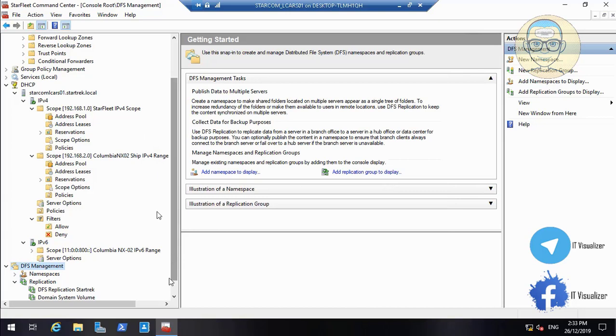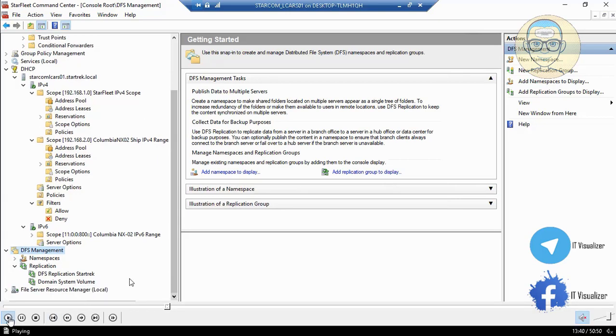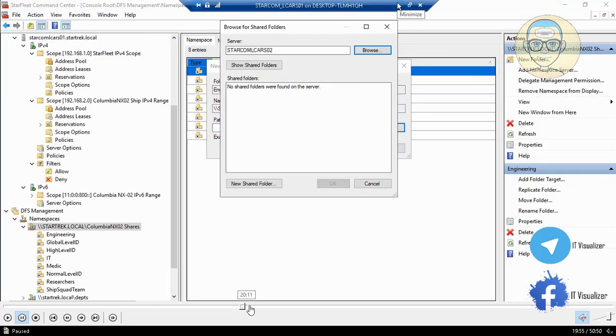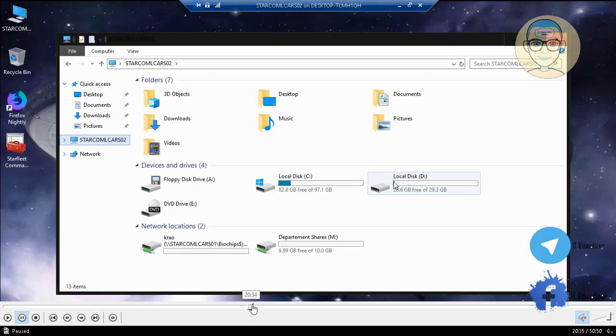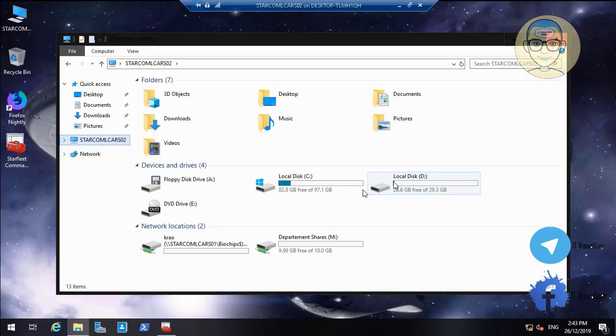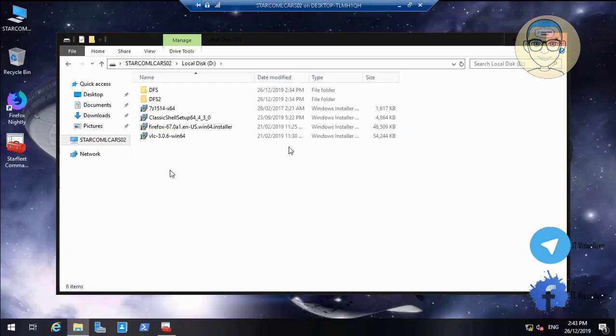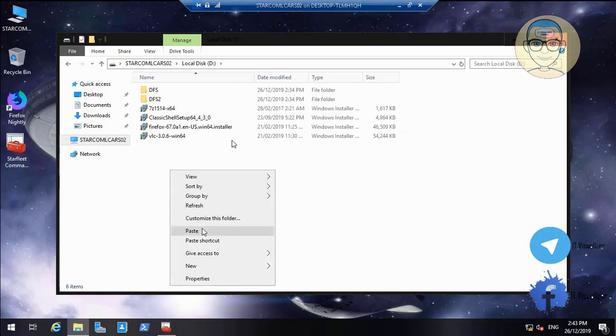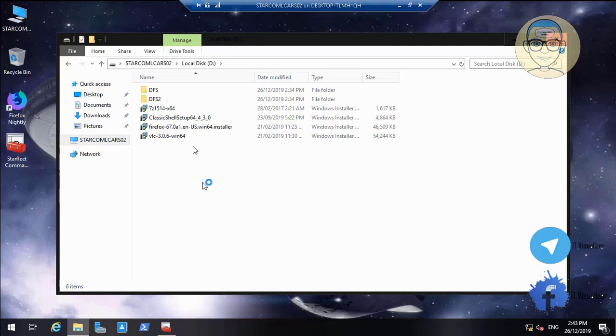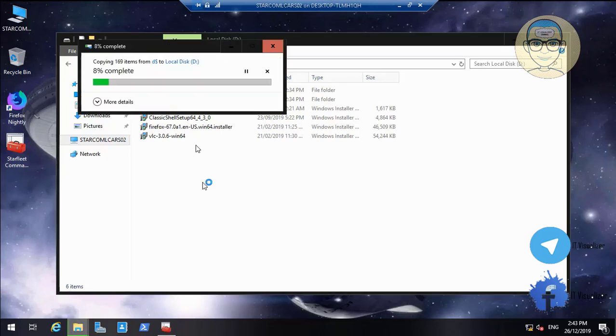Okay, so now we have the replication configured. I need to show you a little bit of a graph here. So here we'll go to the number 20. Just a moment. So here we need to go to the second file server. Remember that I didn't put data cube here, so I need to copy the data cube. I copied the data cube folder. Okay, so I have done this